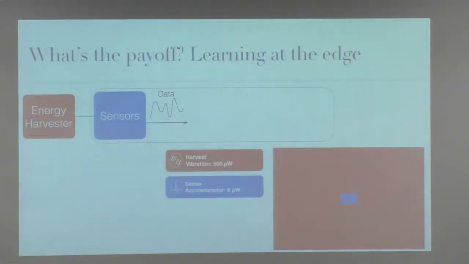It turns out sensing things like sound, acceleration, all that stuff is very cheap. It's microwatts of power. My energy harvesting power budget is this red square here. It's about 0.5 milliwatt. To sense acceleration in 3 axes is about 6 microwatts. And